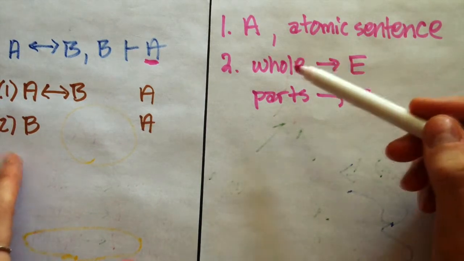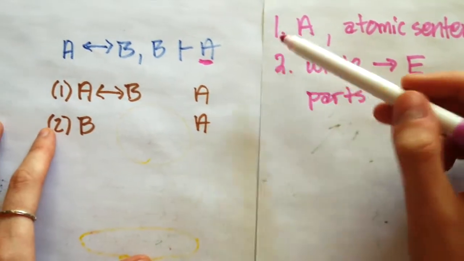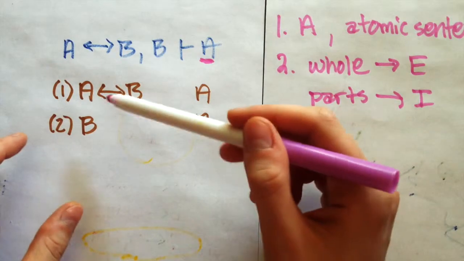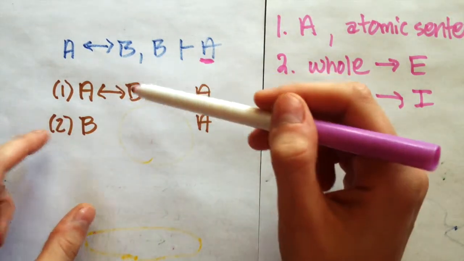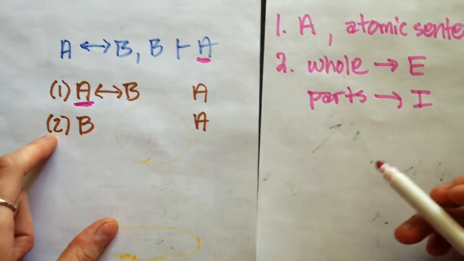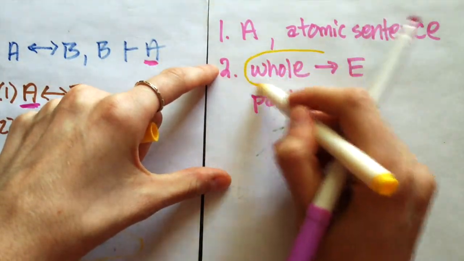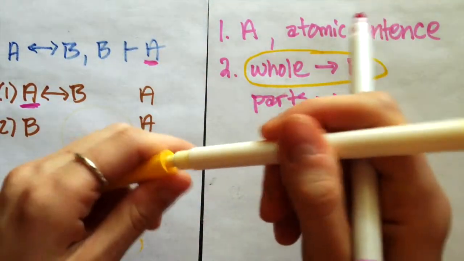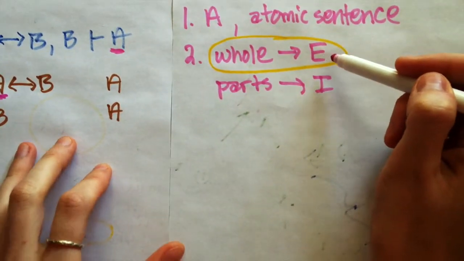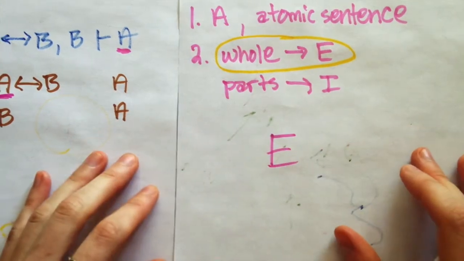Okay, so again, repeat this process. We've got our conclusion A. It's an atomic statement, and we see that it's embedded in this first premise here, right? We look at our two premises, or you can look up here, and we see that it's embedded in this first premise. There it is. So it's embedded as a whole in that first premise. Now we know it's going to be an elimination kind of strategy. We want to figure out specifically what kind of elimination. Well,